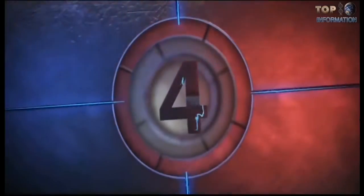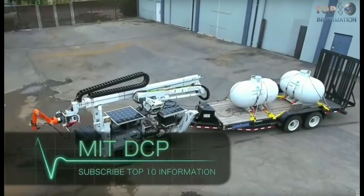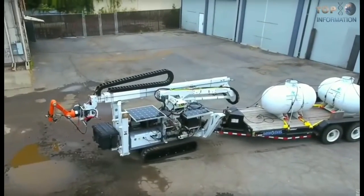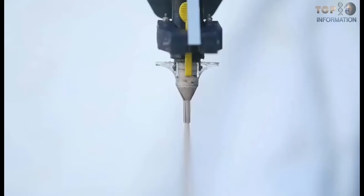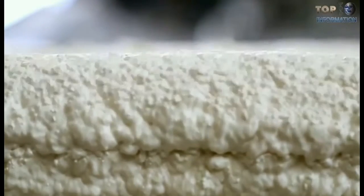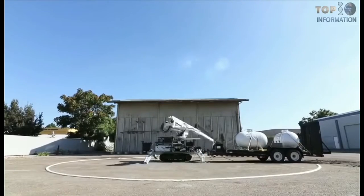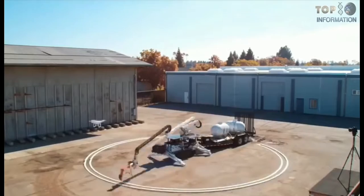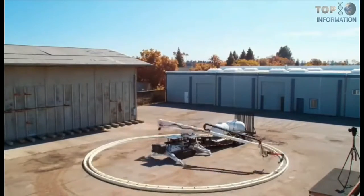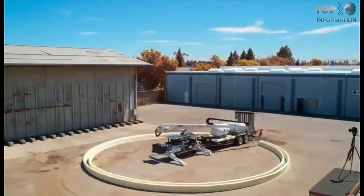Number 4. MIT DCP. The Digital Construction Platform, DCP, is an experimental autonomous robotic technology for large-scale digital manufacturing. This robot is the latest success from MIT that recently achieved the world's largest and fastest 3D print job. It built the structure of a 50-foot diameter, 12-foot high dome out of insulation foam in just 13 hours, using